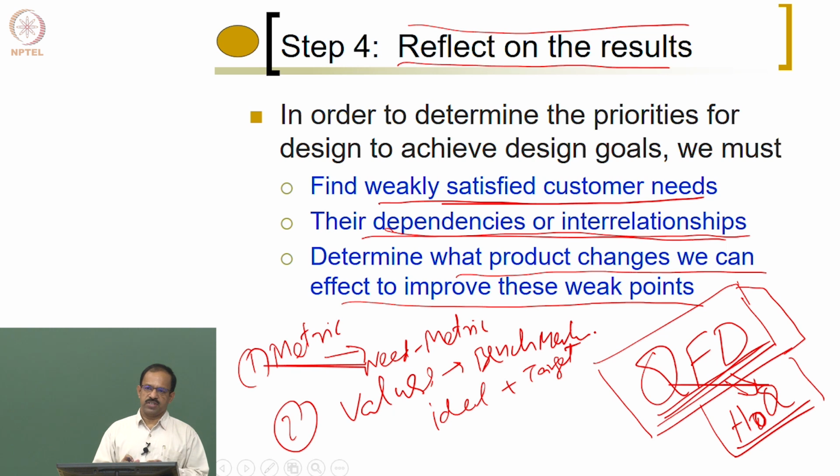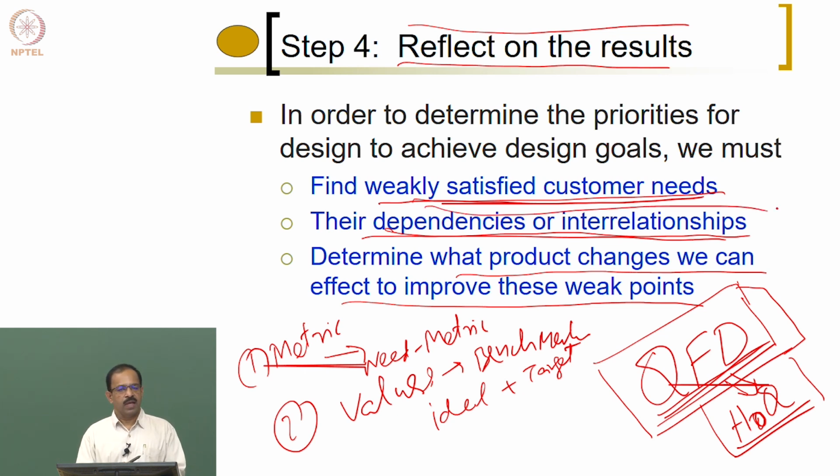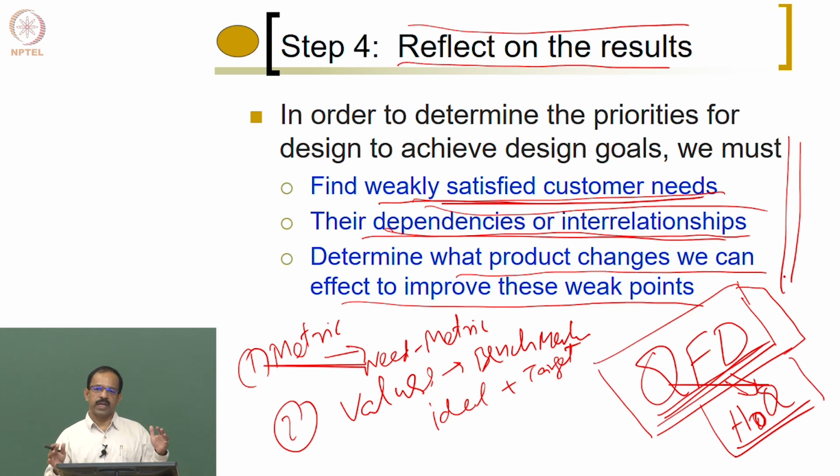Once we have this information, we'll put it into a more comprehensive analysis tool, known as house of quality, and find out whether they are satisfying properly or what kind of interrelationships exist, and then decide which one we should adjust or change in the product to get the desired customer satisfaction. Because you won't be able to change everything, because when you change something, another one will go against you. So you need to find out which is the right metric to control in order to get the desired performance. That is analyzed using the tool called house of quality.